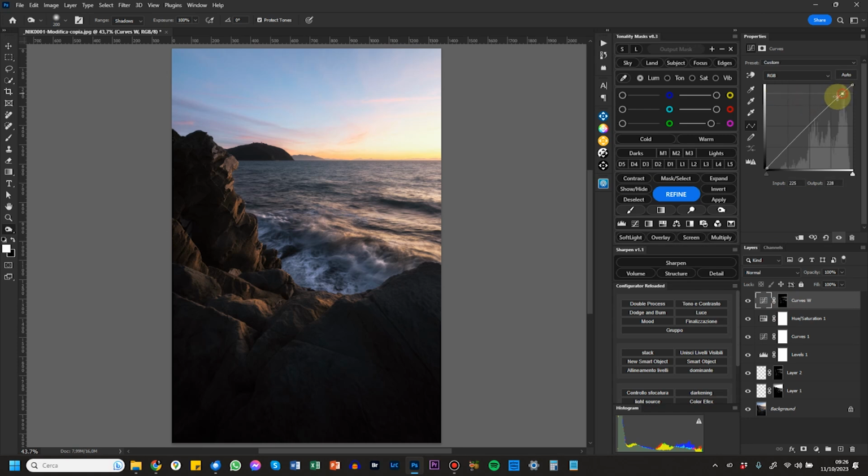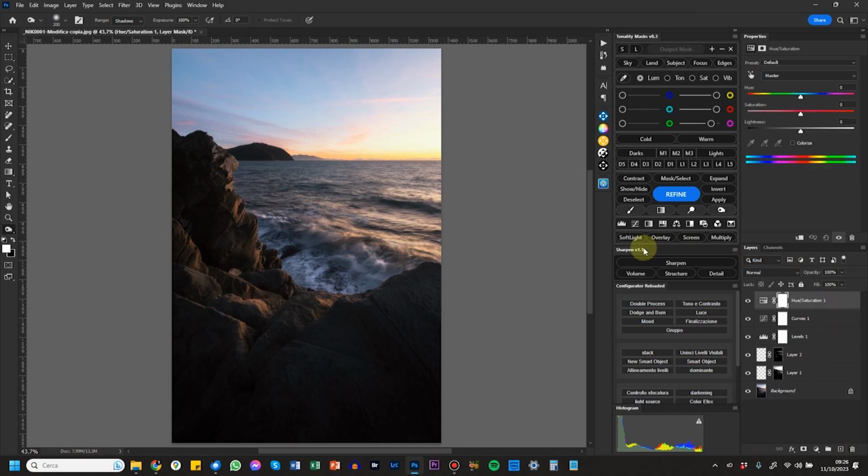And what I do here with the curves, of course, only affects the warm tones of the image. That's very useful, of course, to apply the mask not just to a layer with Apply, but to an adjustment layer as well. So now let's go on and see the final row of buttons here.